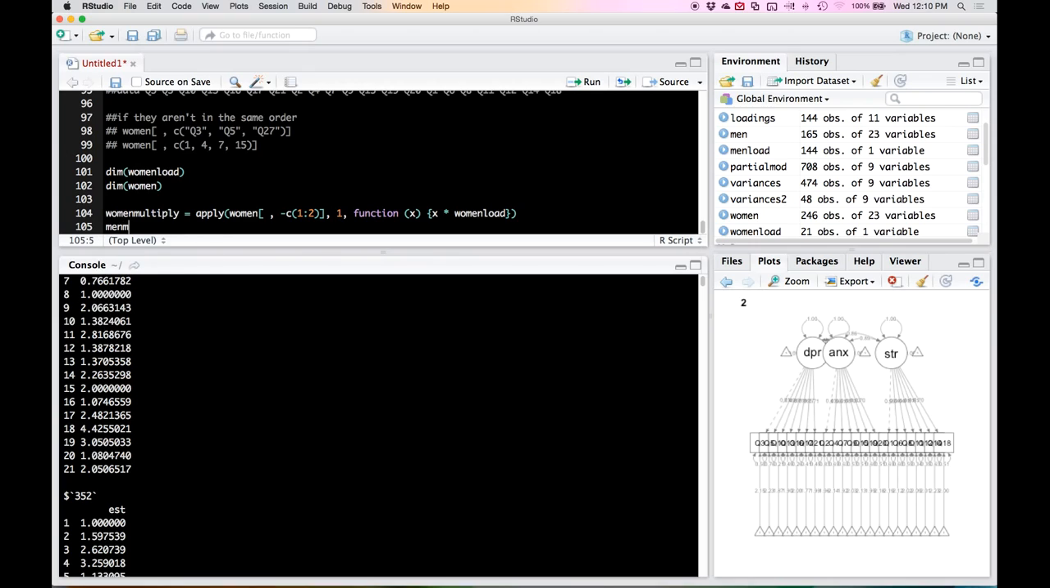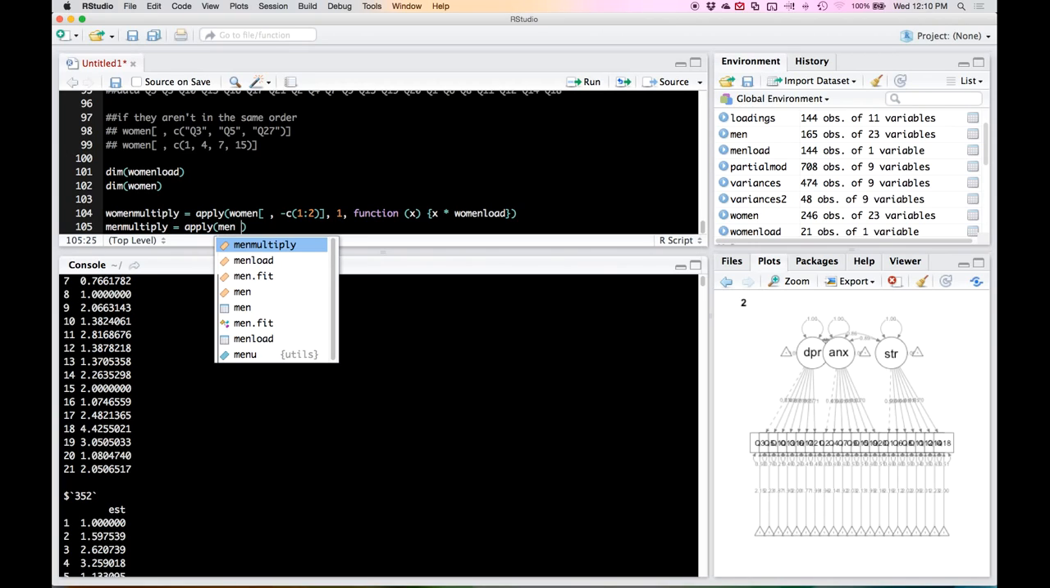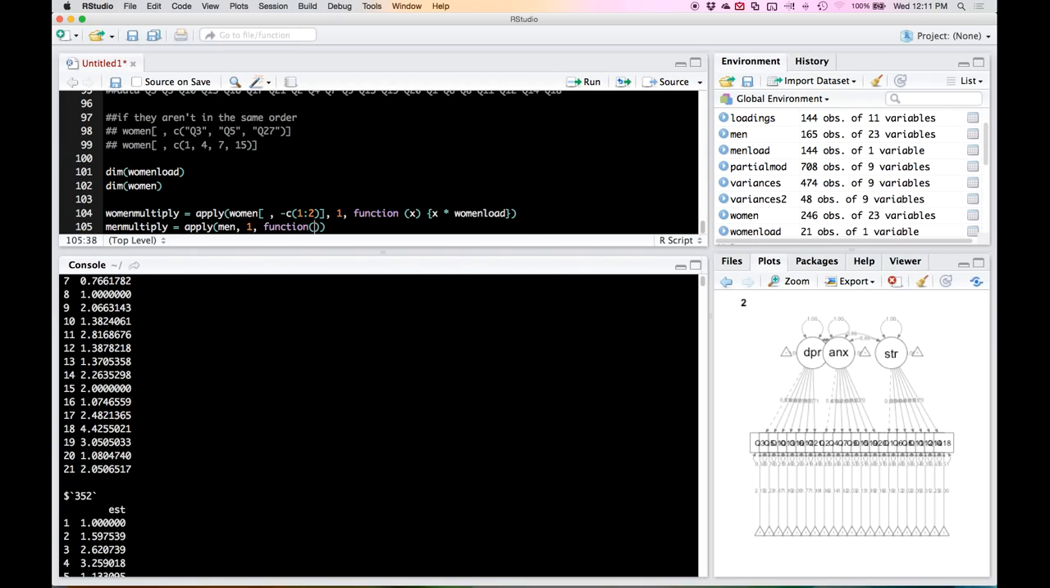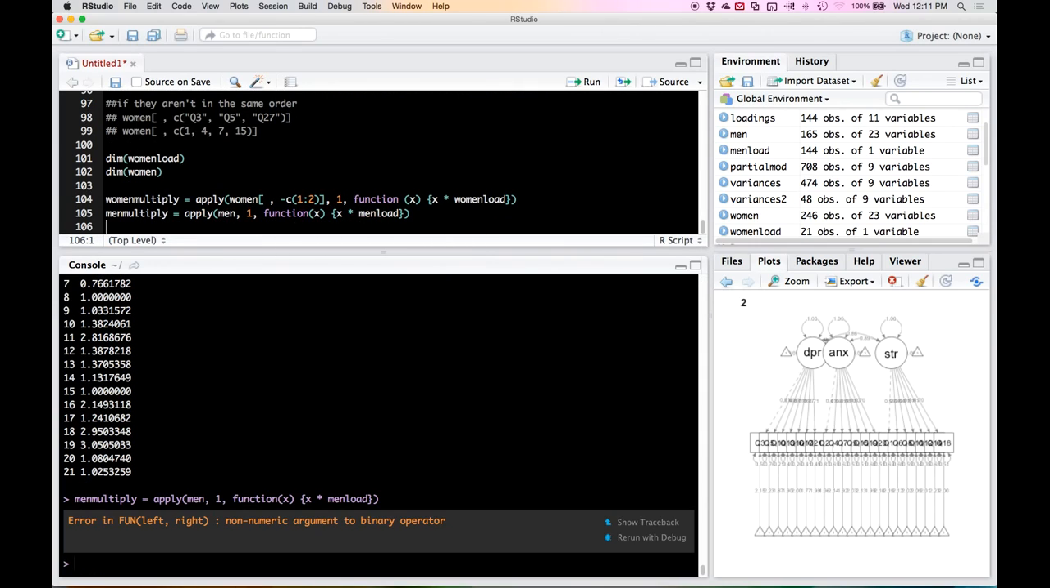Let me go ahead and do min also right here. Apply min. We want to do basically the same code. We want to drop the first two columns. Actually, let me show you what happens if you don't do that, and you will see that it will not be happy with us. It's going to be the exact same code times min load. Right: non-numeric argument to binary operator. Super unhappy,